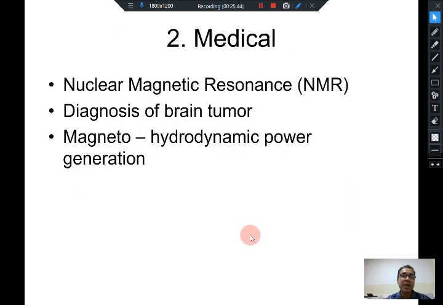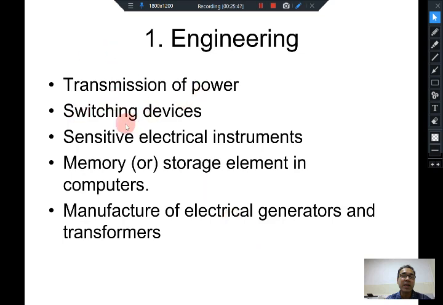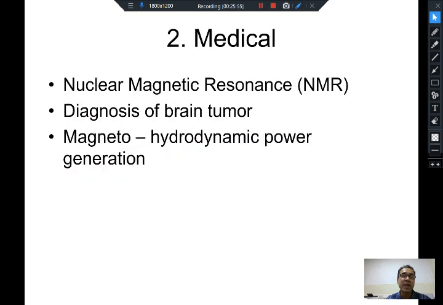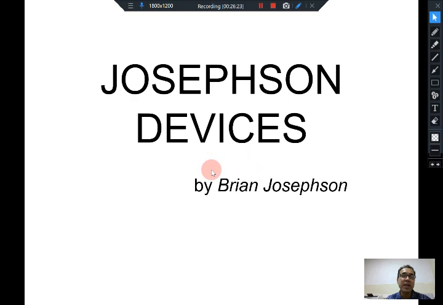And there are a whole lot of applications for transmission of power, switching of devices, electric generators, energy storage devices, and so on, which use these superconductors because energy can be stored in them without any dissipation. You can set up a current inside a superconductor and the current will permanently stay there as long as the superconductor is cold. There is magnetic energy stored inside that system, and when you want to take out that energy, you can get it out of the system, and you can use it for MRI and various other applications.